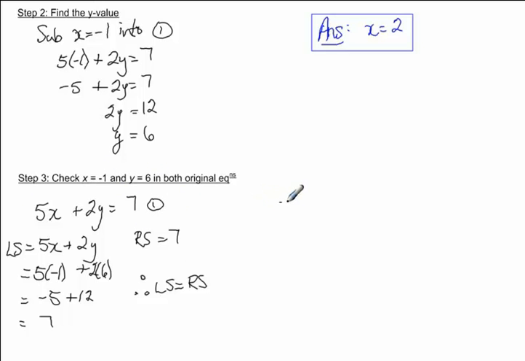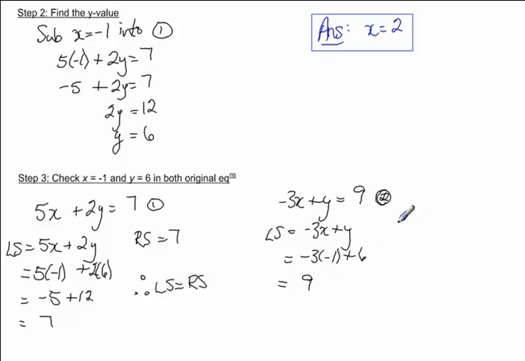Let's check equation 2, which is -3x + y = 9. Left side is equal to -3x + y. Sub in my x and y values. I get 3 plus 6, that is equal to 9. The right side is equal to 9. Therefore, left side is equal to right side. So that means the point (-1, 6) lies on this line, which is great. Therefore, my last concluding statement is the solution